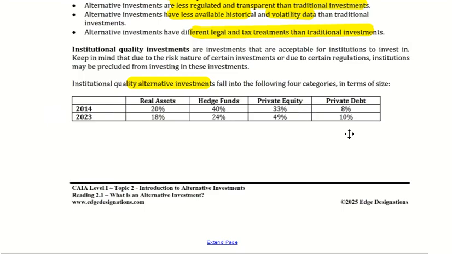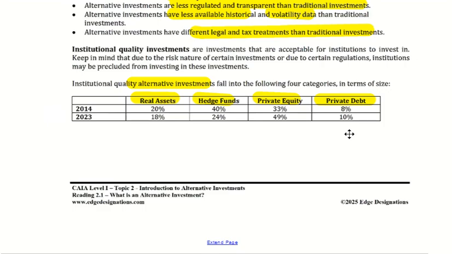What's happened with structured products is it's found its way into the various other alternative asset investment classes, predominantly into private debt. But the 3 that have always been there were real assets, hedge funds, and private equity. Structured products has now been replaced by a much more popular alternative investment class called private debt. And a lot of structured products, in fact, finds their way into private debt as well.